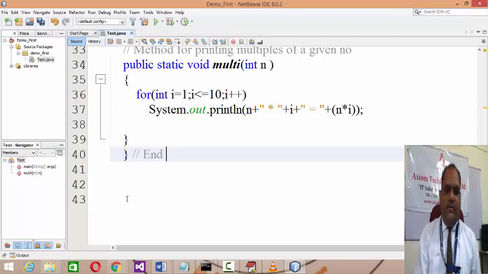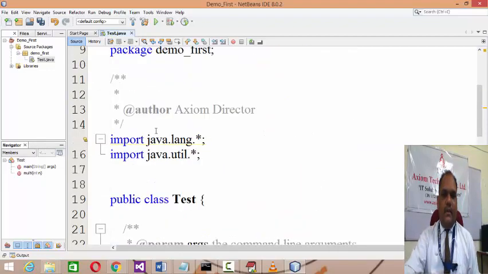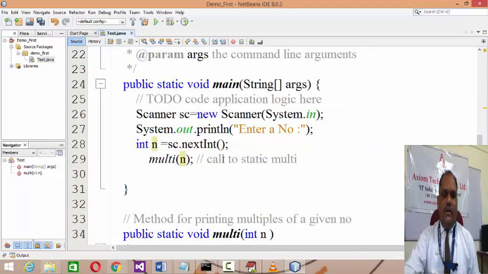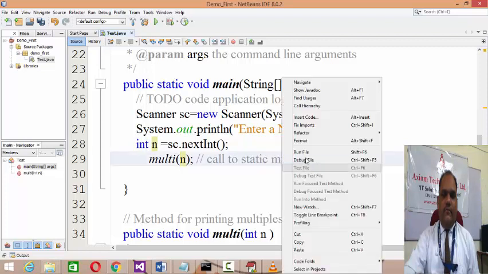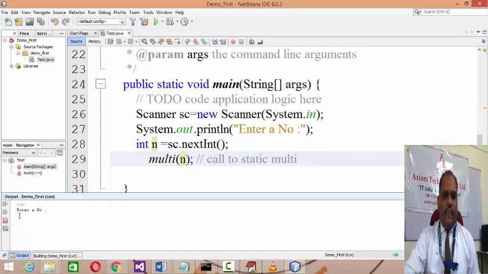If you can comment like end of class and all, then it will be better. Now from here only you can test the code. Right click on this and go for the run file. The output window will pop up here, and it will say enter a number. If I enter 5, it will give me the output of all the multiples of the number I entered.